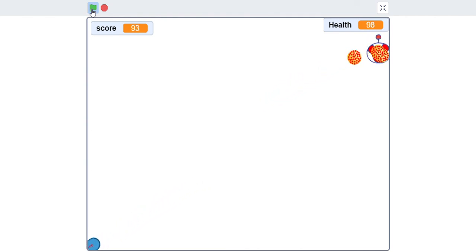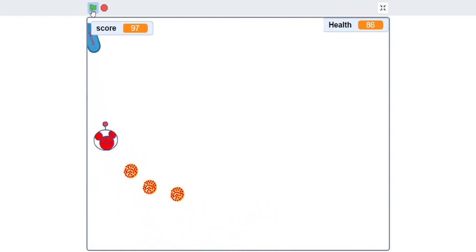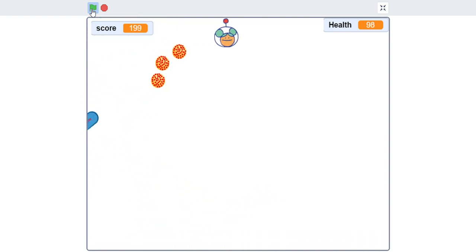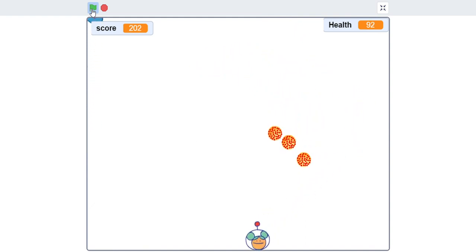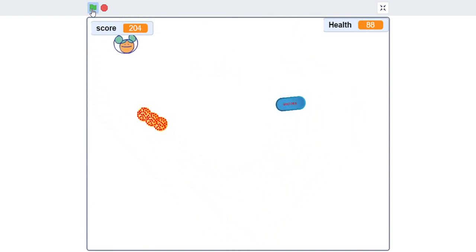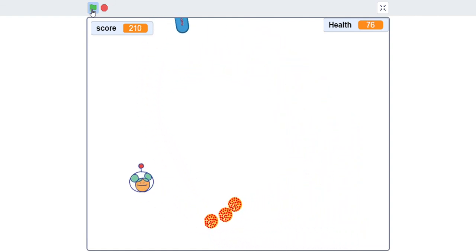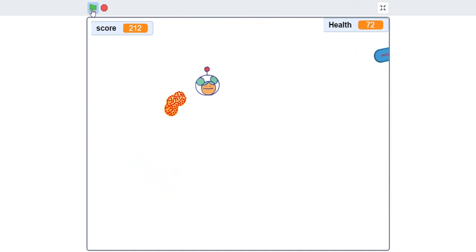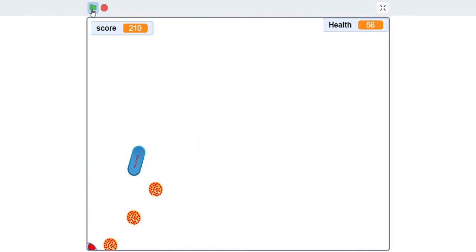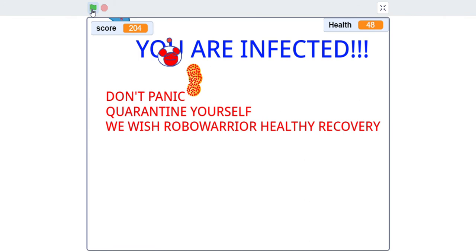You see, I'm in the normal color, but as soon as I get the vaccine, the virus also attacks me. So you see, the normal color is over there, and I need to escape from it so that the virus couldn't attack me. You see, the viruses are also too fast, and I'm getting the score also. You see, again I am infected. My health is decreasing. I don't know what to do. Now after a health issue, the notification will come. You see, now the notification has come.